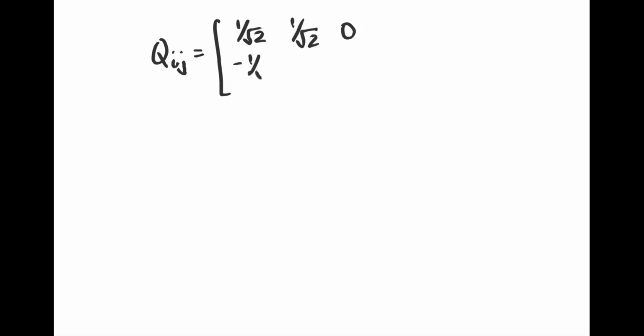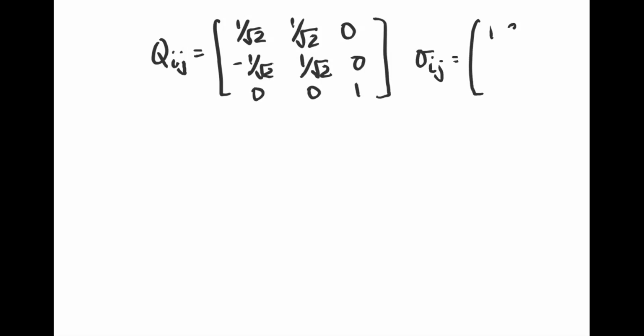Negative 1 over square root of 2, 1 over square root of 2, 0. And 0, 0, 1. And we have sigma ij equal to 1, 3, 2, 3, 1, 0, 2, 0, negative 2. So just an example,